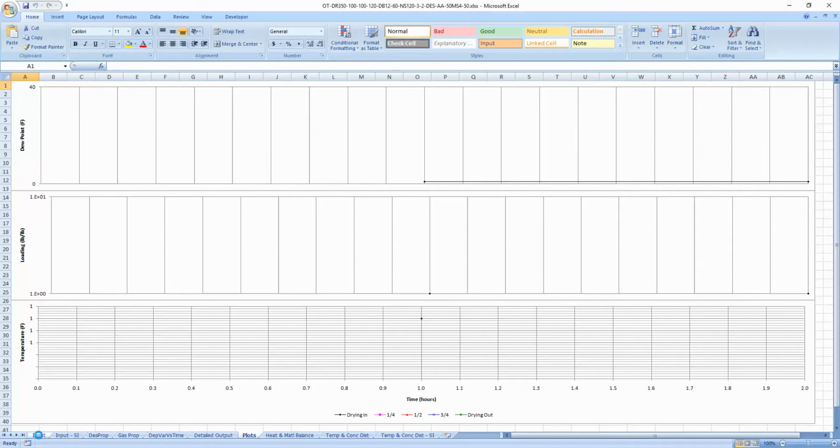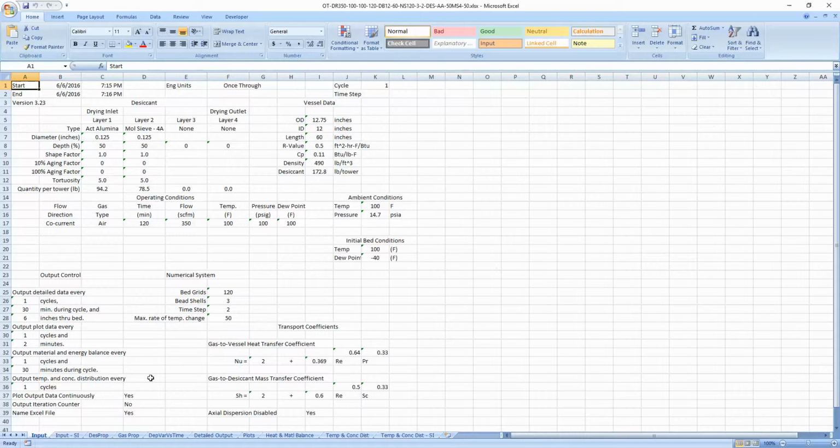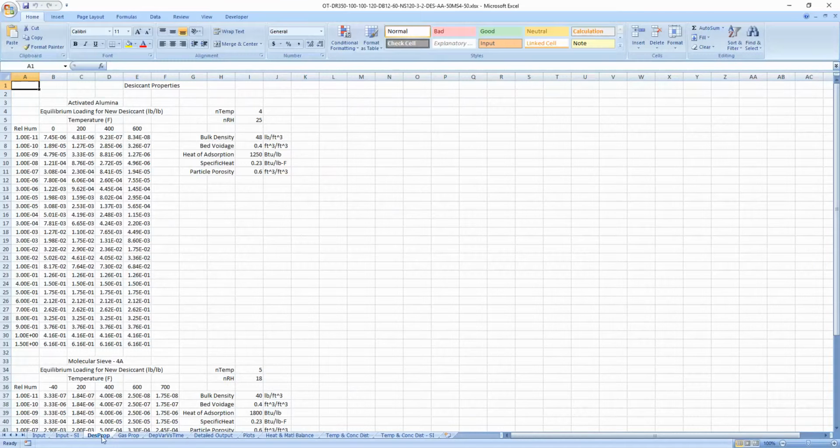I'll go through these sheets very quickly one at a time. The input sheet includes all the input data that was provided on all the input forms. There's also an input form in SI units for those folks that are more comfortable with SI units. There's a sheet that has the desiccant property data, so if you want to see what